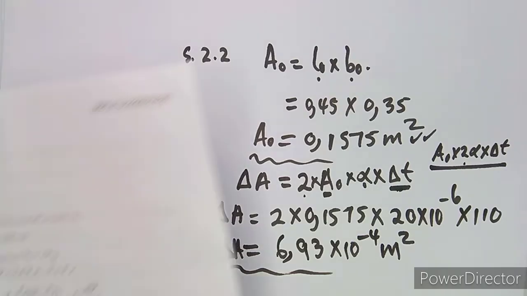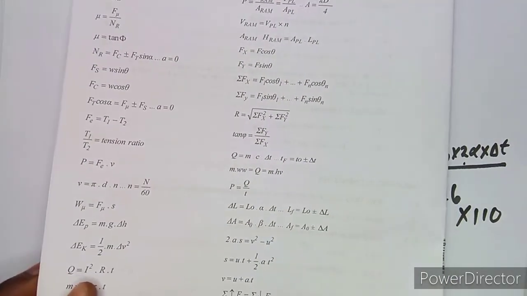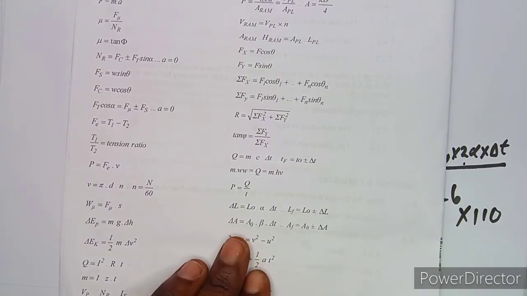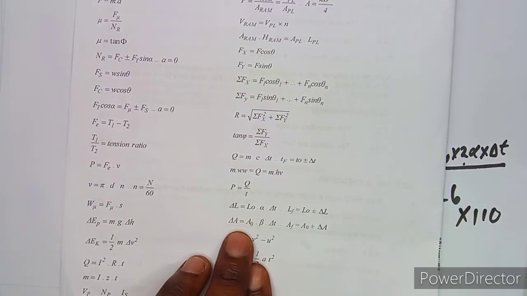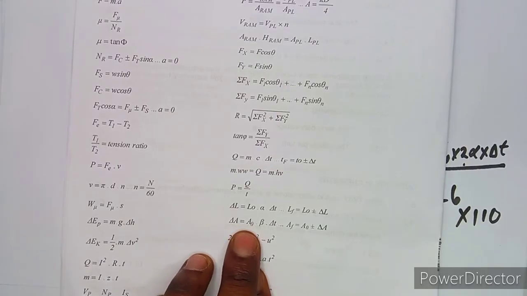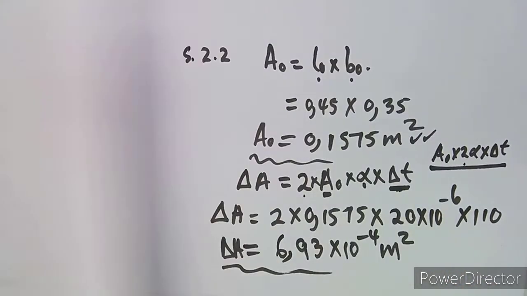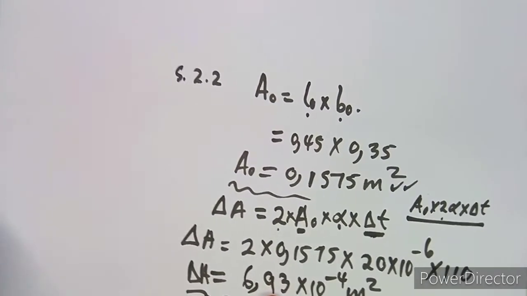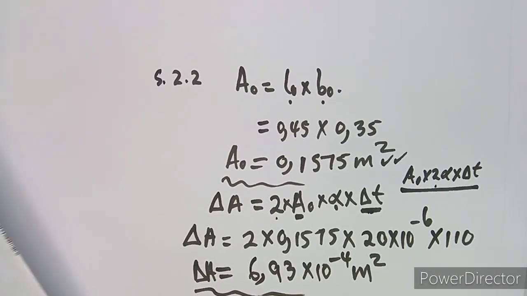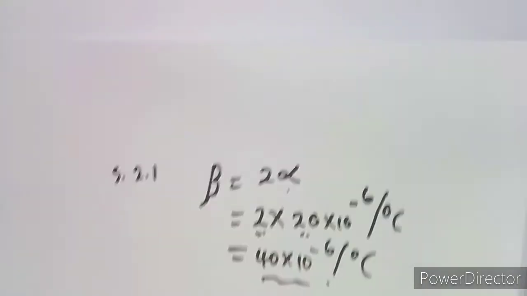When you are given this, some might get confused, saying, "In the formula sheet, this is what I'm given." This is what you have in your formula sheet: change in area is the original area times beta times the change in temperature. It still is one and the same thing. This beta here is the one that you actually calculated before. Remember, we said our beta here is